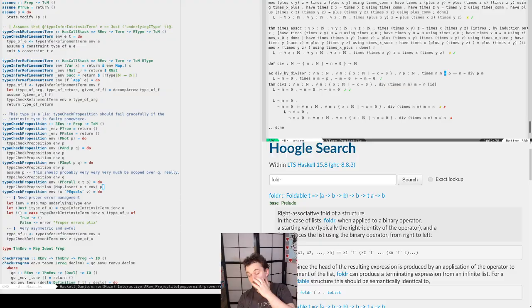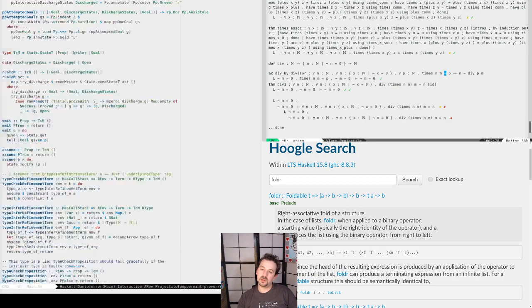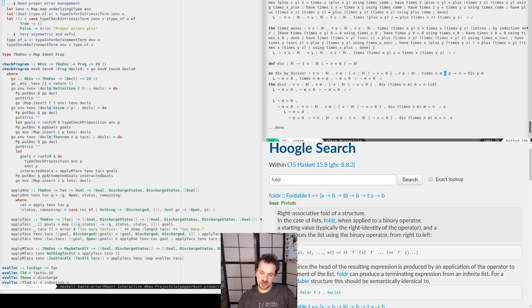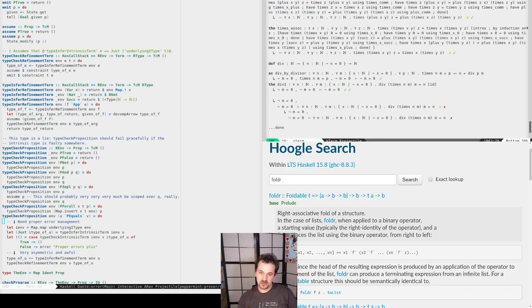And so we do type check, type infer refinement term, we'll get the variable, we'll say, from the type of the variable. Then we apply the variable, we say, okay, we check the comp arrow given of f. Not a refinement term, E type of argument. So here we check that M has type N.